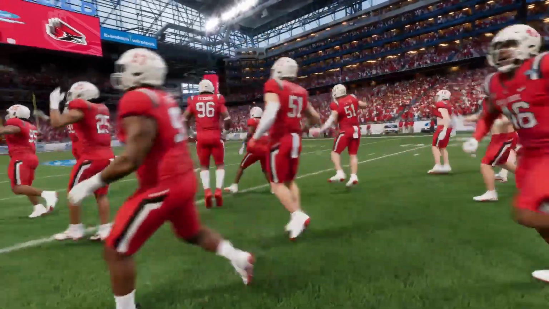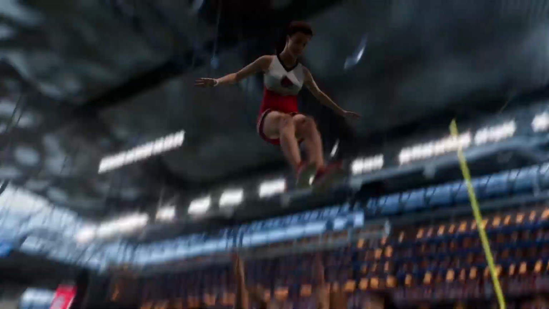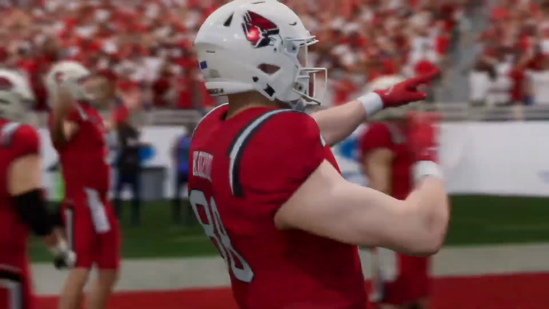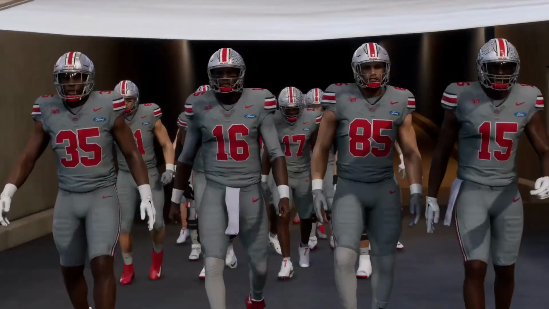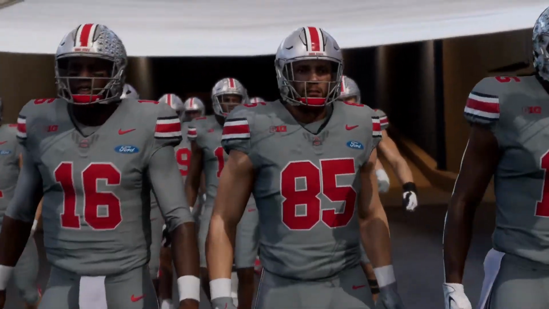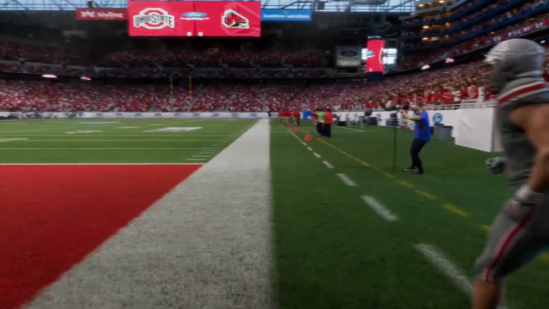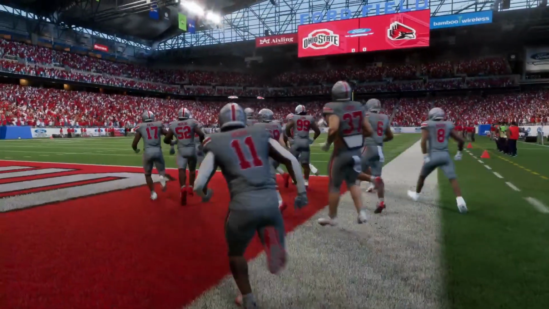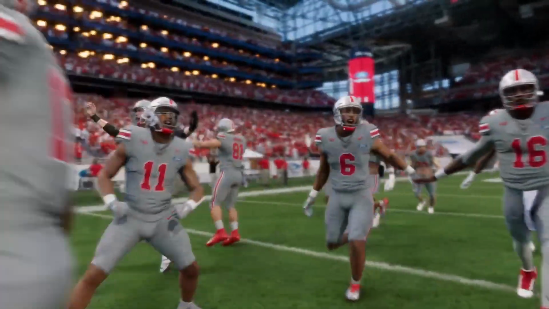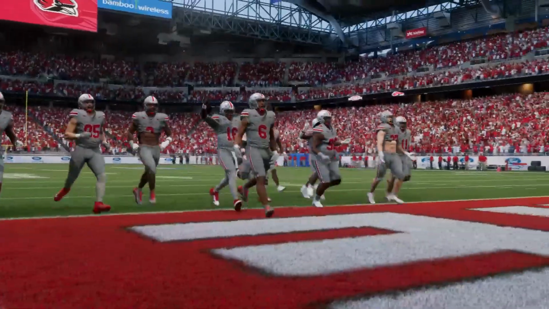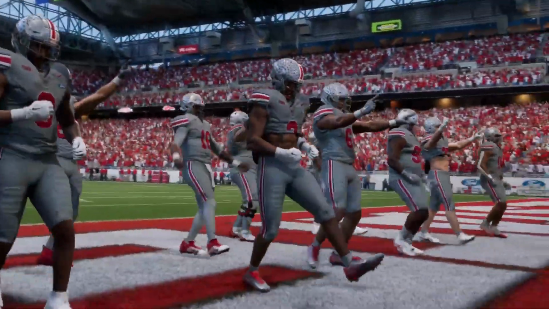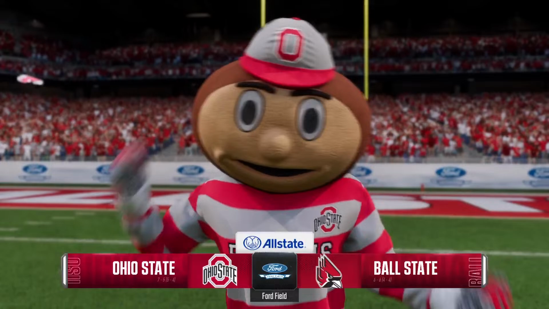While this game caps off the regular season, how that season is remembered will be impacted greatly by what happens in this game. As we'll see, a squad from the Big Ten, the Ohio State Buckeyes, taking on a team from the MAC, the Ball State Cardinals. Glad to have you with us for EA Sports College Football. I'm Reese Davis, David Pollack and Jesse Palmer with me in the booth. Guys, we are ready to tee it up.